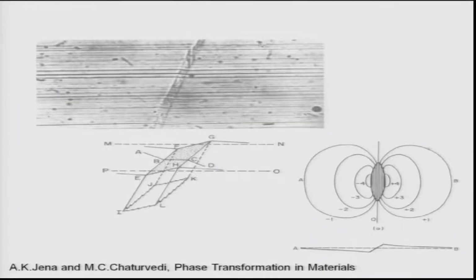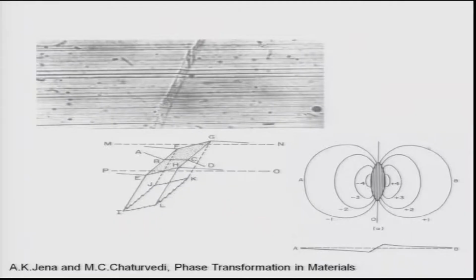One of the planes becomes bent, and that causes surface relief. It is evident that the strain inside the martensitic plate is very large, that is obvious from this picture also, but there is a sufficient amount of elastic strain in the austenite also, as is seen: -4, -3, -2, -1. These are actually negative elastic strain, that is nothing but elastic strain in the other way, and this is plus